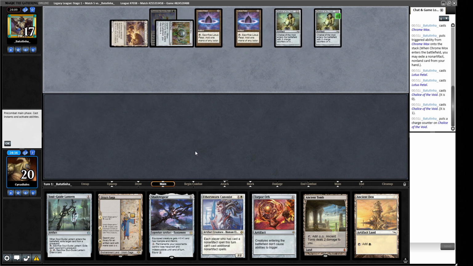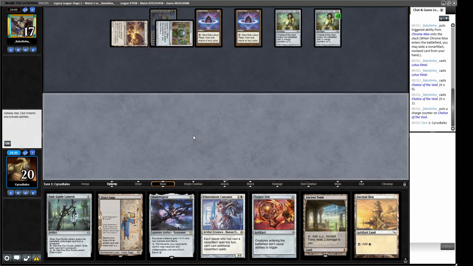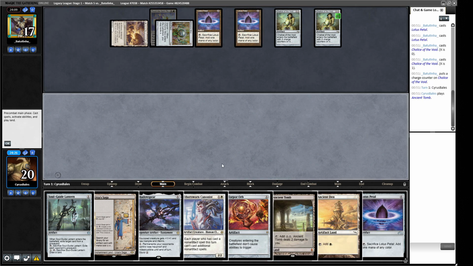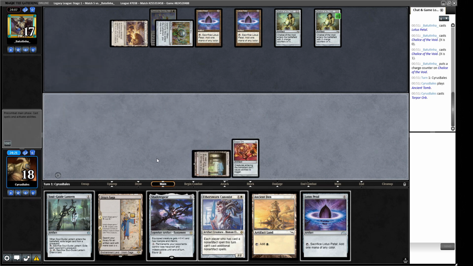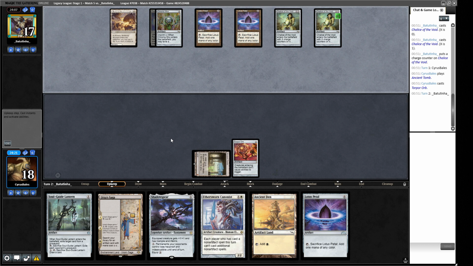Okay, they didn't do anything. That's a terrible hand. Why would you keep that hand? Right. No more initiative triggers. Yeah, my opponent's hand is really weird there. I don't know why you...